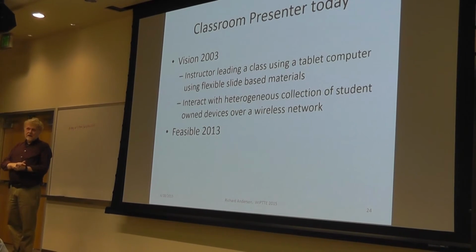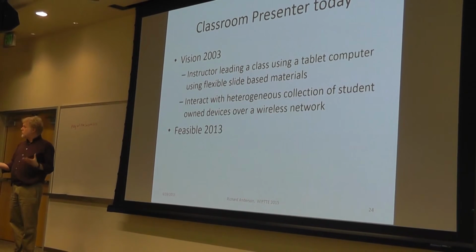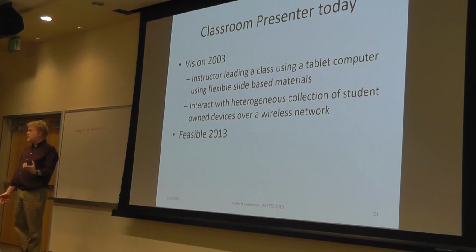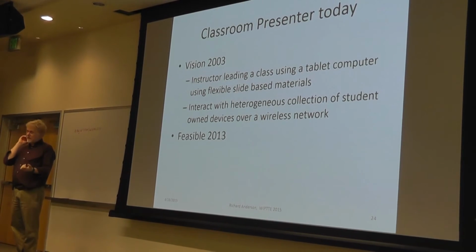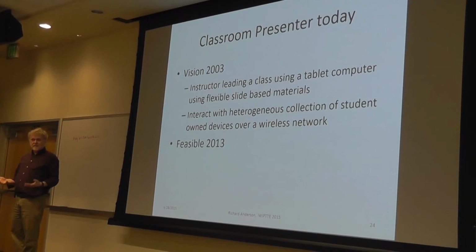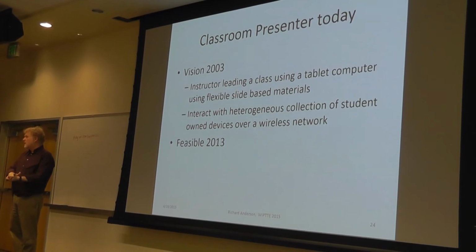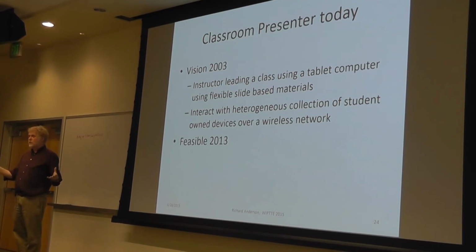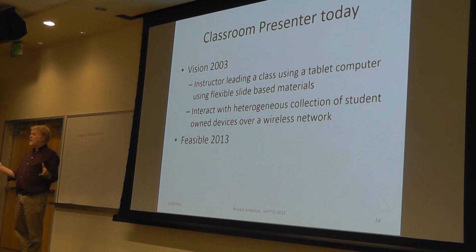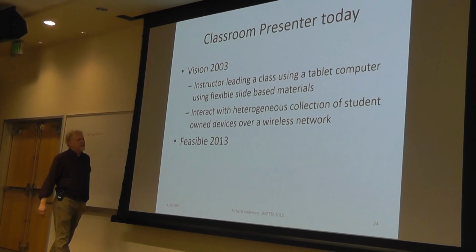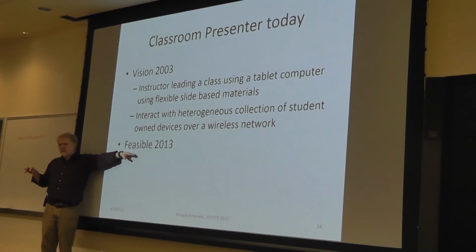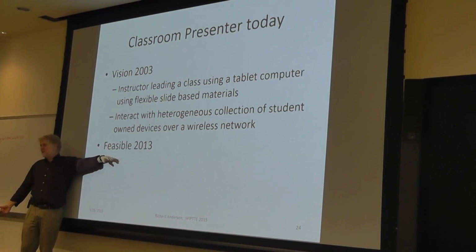Some schools had a mandate of uniform devices for all students, which maybe could make it work. But we really felt that the way it's going to work is if people have these devices that they want to keep charged because they really want to be texting their friends, and incidentally they can use them for participating in the class. So we really wanted it to be based on student devices. We wanted the devices to be ubiquitous. We didn't want a single device used. We wanted a situation where we could count on content being distributed across the class seamlessly. That was kind of a crazy vision in 2003, but absolutely feasible right now. So there's the irony that the vision for Classroom Presenter could be